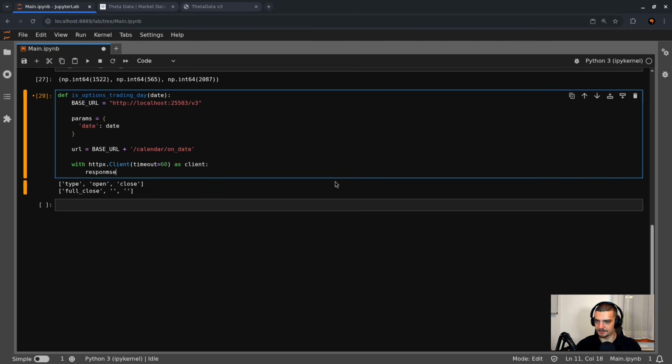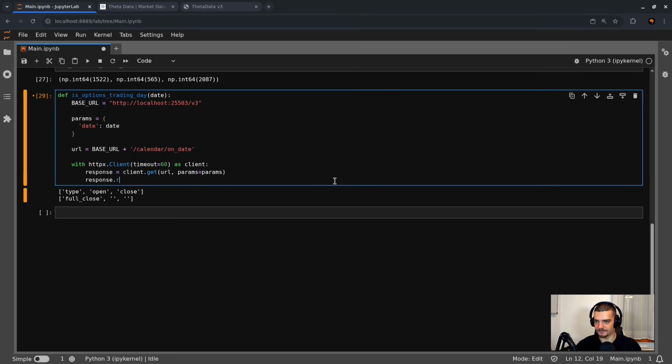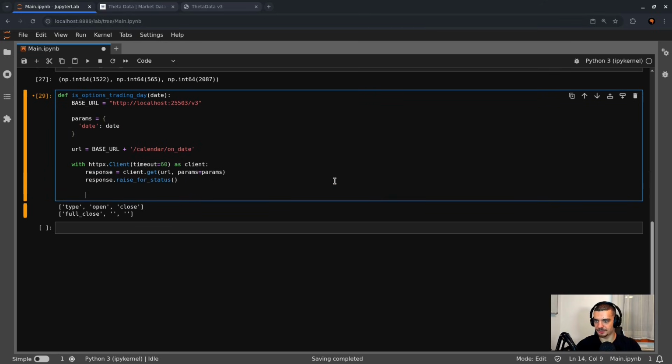And then we're just going to do a simple get request. Response is equal to client.get the URL with the parameters. I'm going to raise for status. And no need to turn this into a pandas data frame. We're just going to get the JSON object and check if the type is open or early close. So I'm going to return here response.json type, first element is in